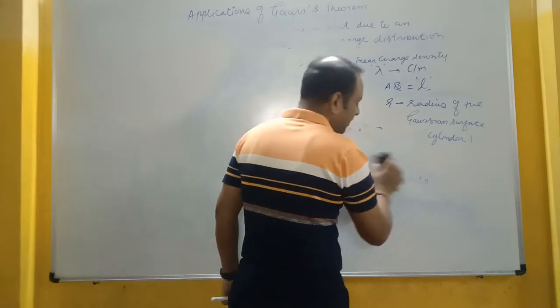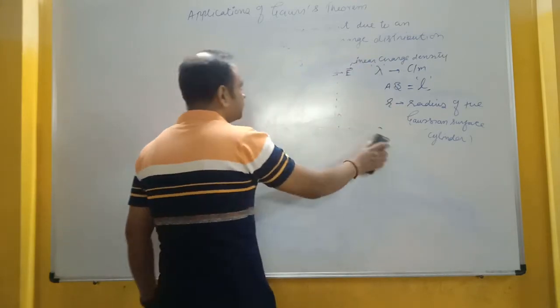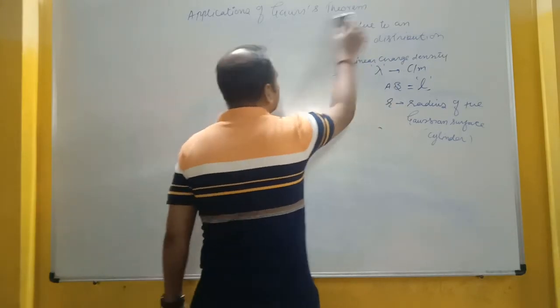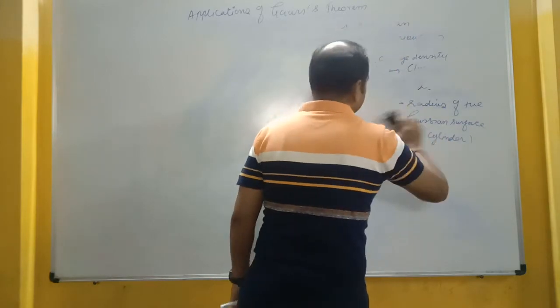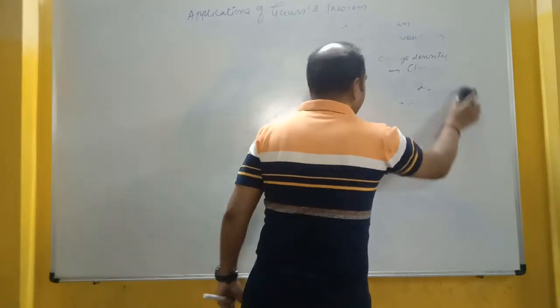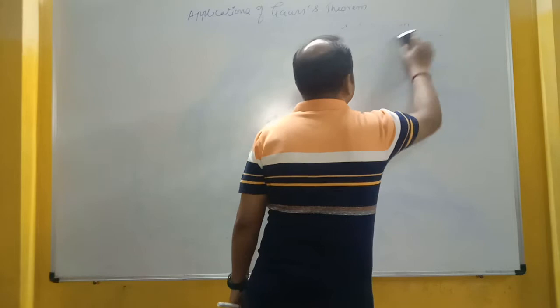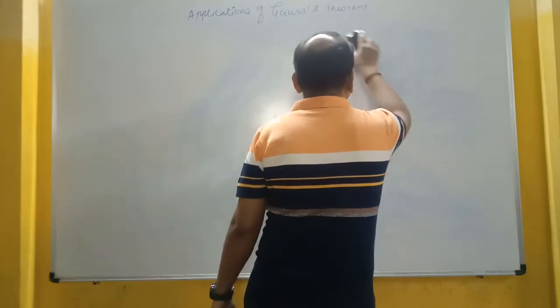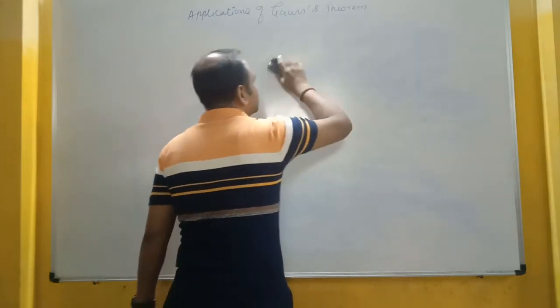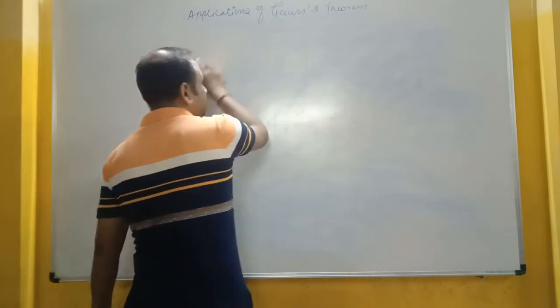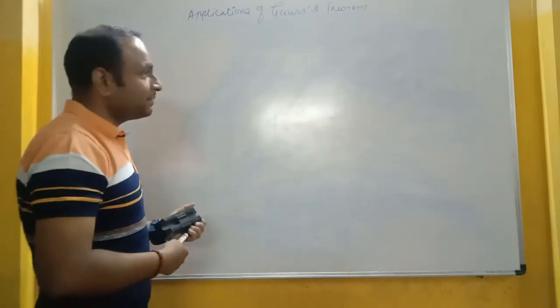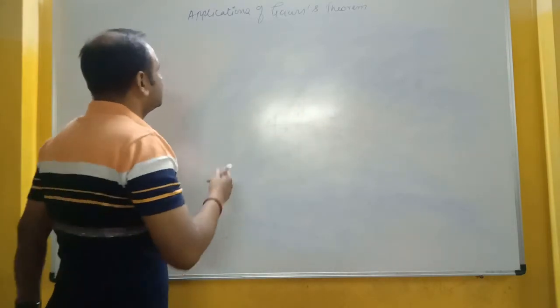Unlike here, where the charge was distributed over the infinite length of the wire, there what you have is not the linear charge but the surface charge density. Okay, so now my second application for Gauss theorem is